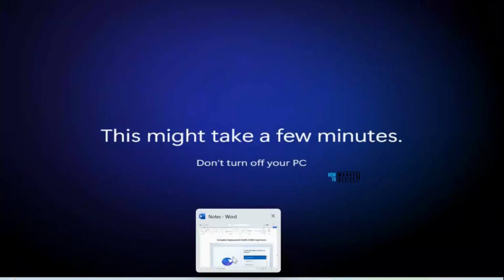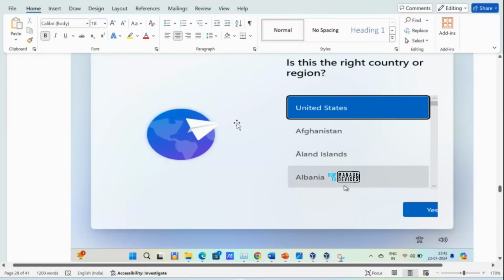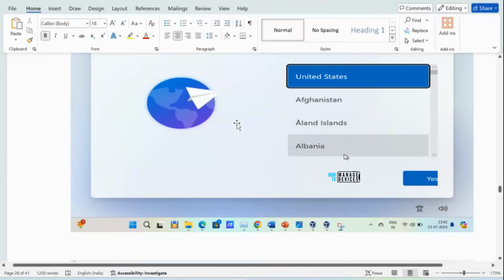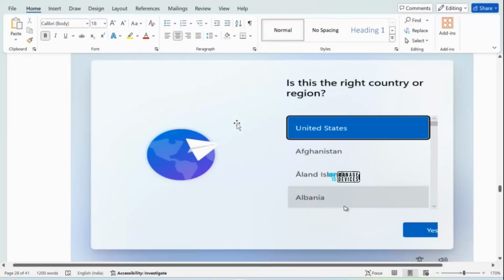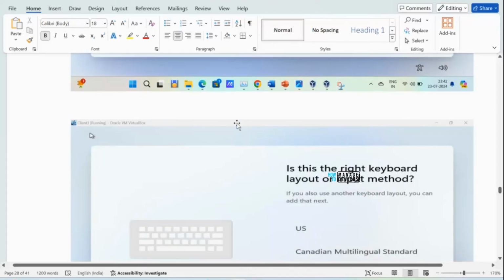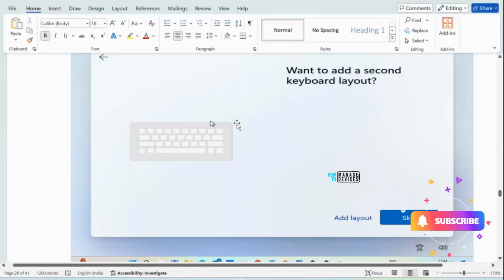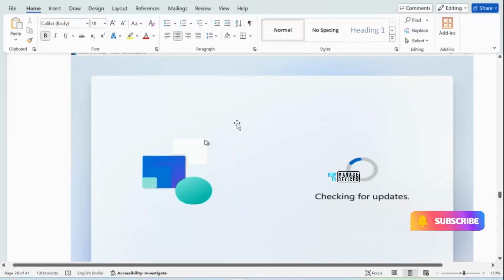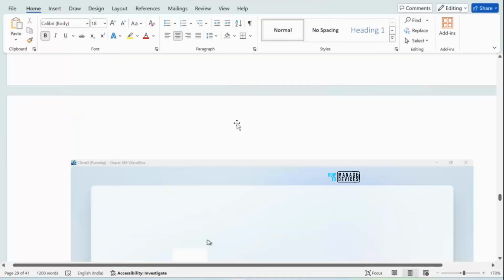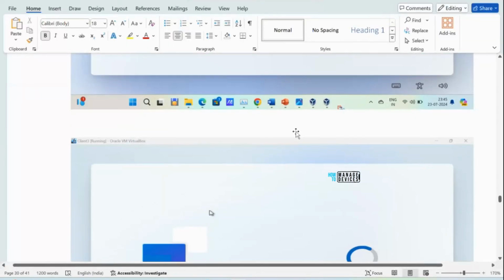By that time, I'll show how the OOBE experience looks like from yesterday when I configured it. I already took a screenshot for that. So once it is configured, we'll get the region settings, and then the keyboard settings, and after that it will ask for a secondary keyboard. Then it will check for updates. In case any reboot is required, it will reboot with these settings, and once you are back,